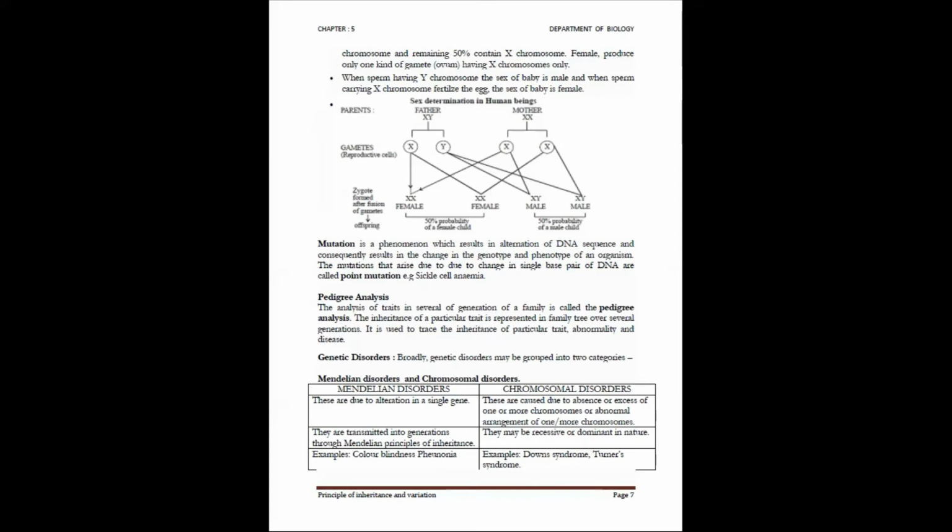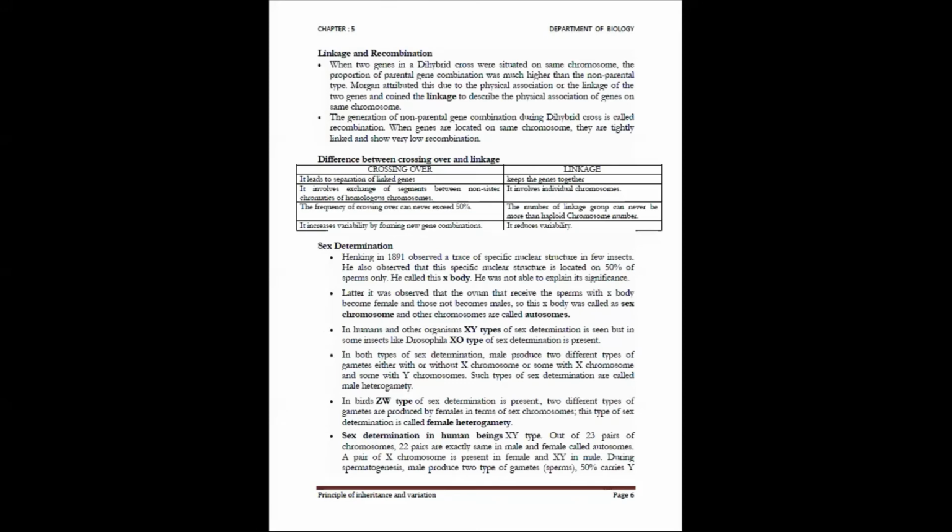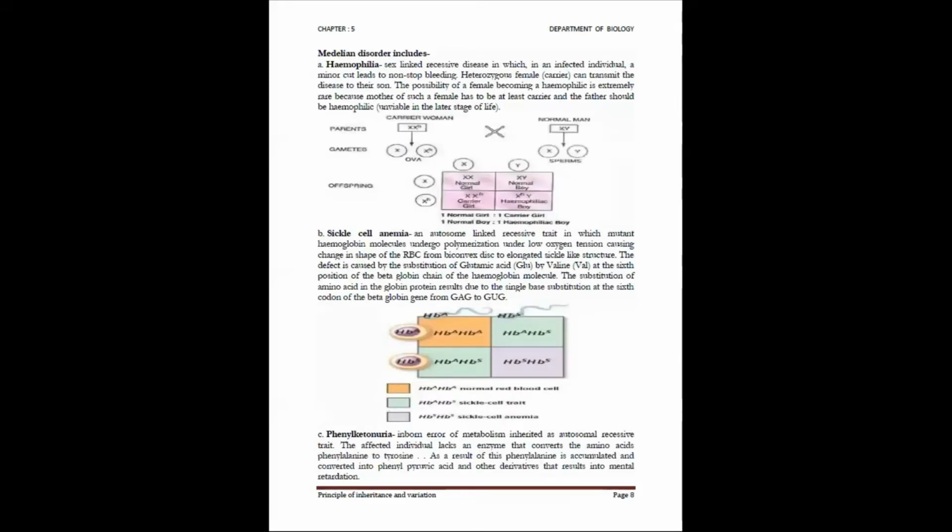Moving on to genetic disorders, yes, this is very important because under genetic disorders, you will find two types of disorders, that is Mendelian disorder and the chromosomal disorder. Mendelian disorders are followed by diseases like hemophilia, sickle cell anemia, and phenylketonuria. So these three are the examples for Mendelian disorders because Mendel always dealt with heredity. He was called the father of heredity or father of genetics. So any hereditary disease would be included under Mendelian disorders.